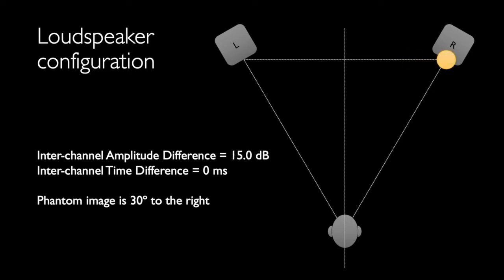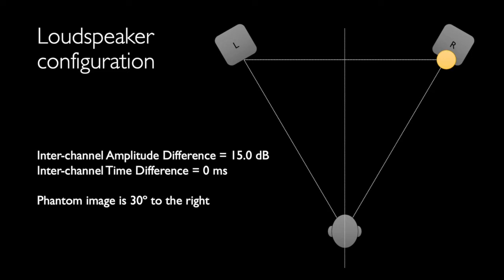Now I'm 15 decibels louder in the right channel than I am in the left. You might notice that I haven't really gotten louder overall, and this is because I've increased the level in the right loudspeaker a little, and I've turned down the left loudspeaker by a lot. The important thing to remember here is not the absolute levels of the loudspeakers, it's how loudly they're playing relative